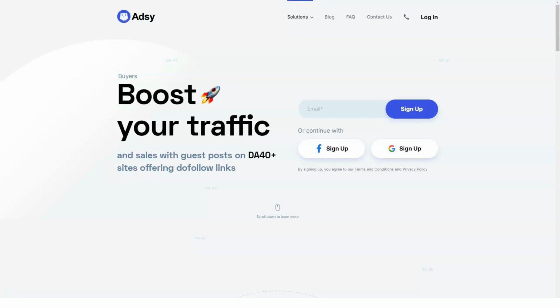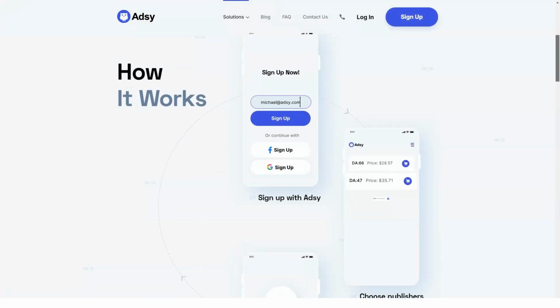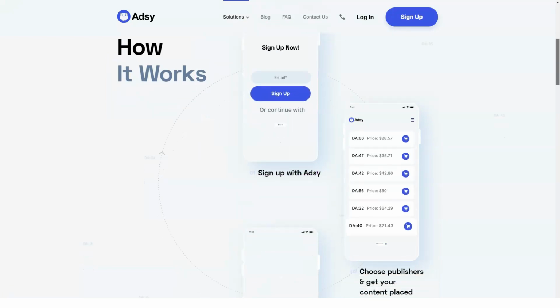Add it to the blacklist and the site will remove it from your result page in your inventory. Sometimes it can happen that you don't have enough time to search for publishers yourself. In that case, go to the list of recommended sites, which was compiled by the site's SEO specialists. These are the most natural sites with complete parameters and the best value for money that you can find in